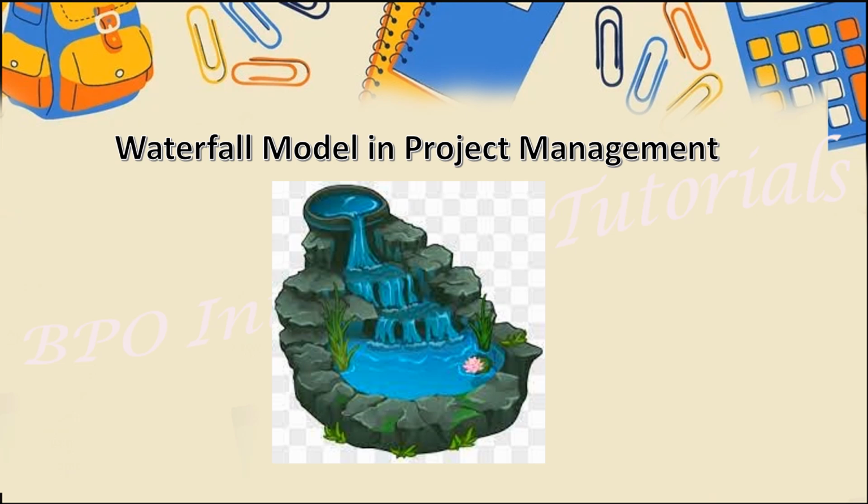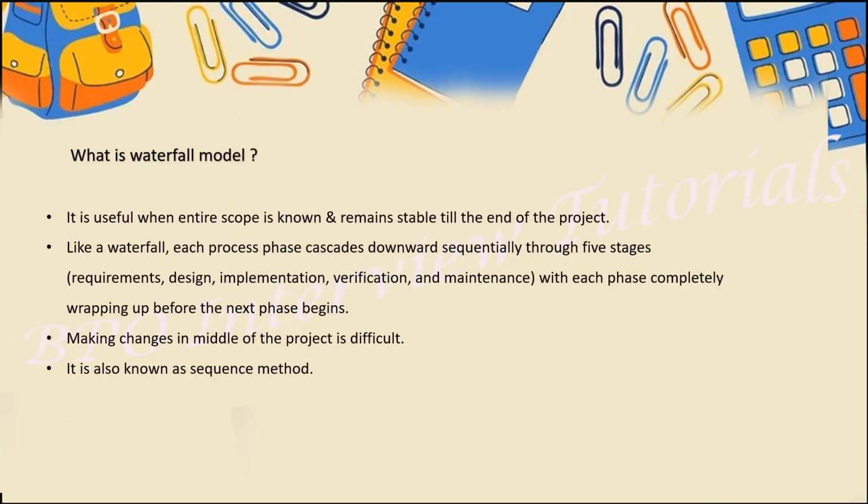Let's start the topic, which is waterfall model. As the diagram itself says, the process has a flow like water. How this will specify, let's see here. So what is waterfall model? It is basically used when the entire scope is known and remains stable till the end of the project. Like the waterfalls, the water will start from point A and end at point B. In this way the flow will be there, with no distractions or stops during the entire process. In the same way, the waterfall model remains stable to the end of the project,